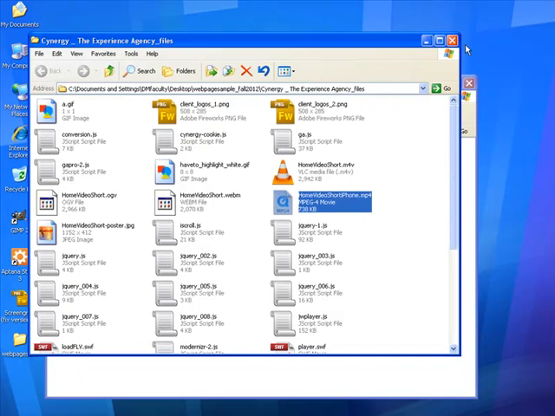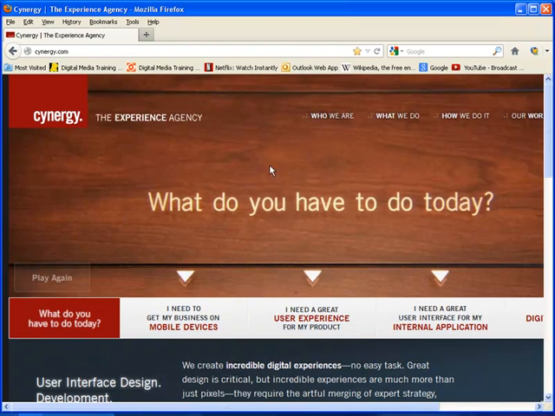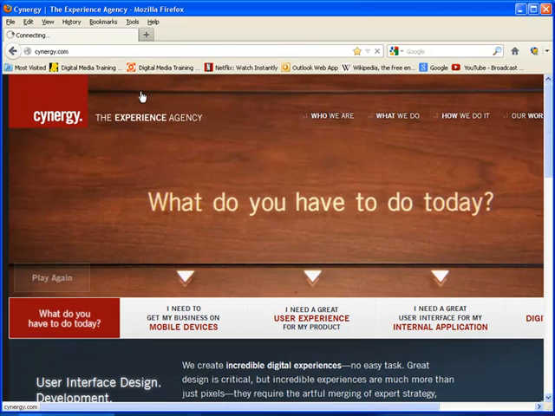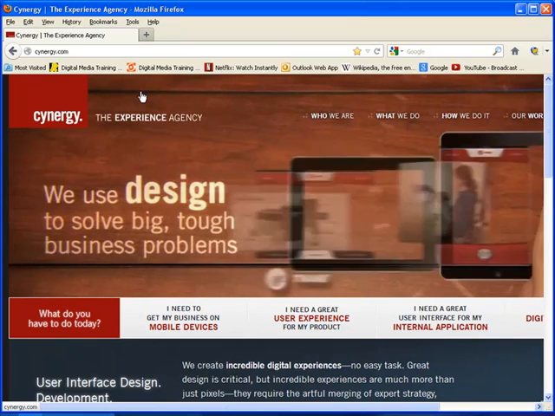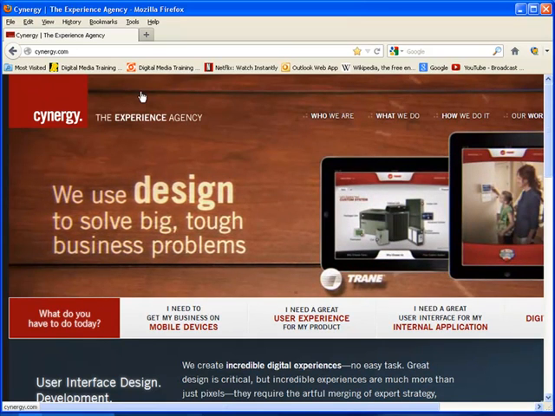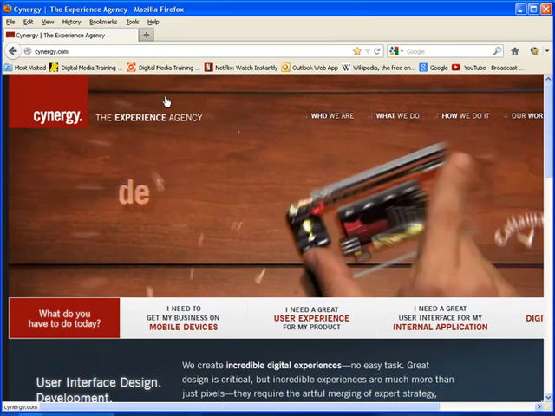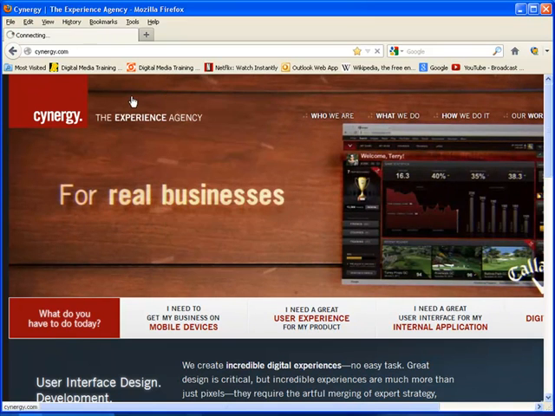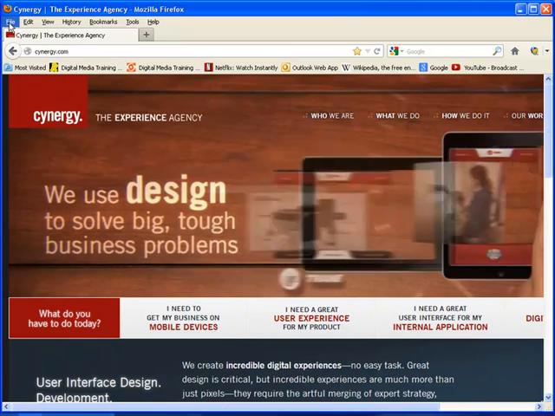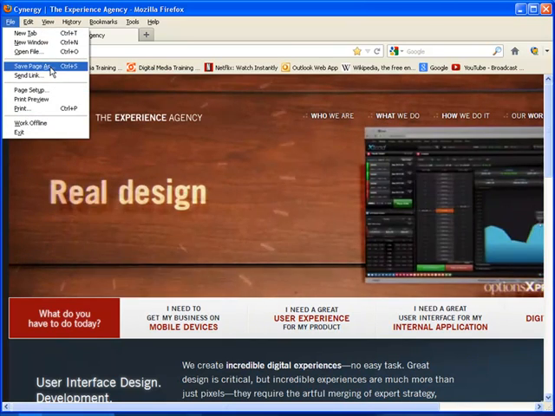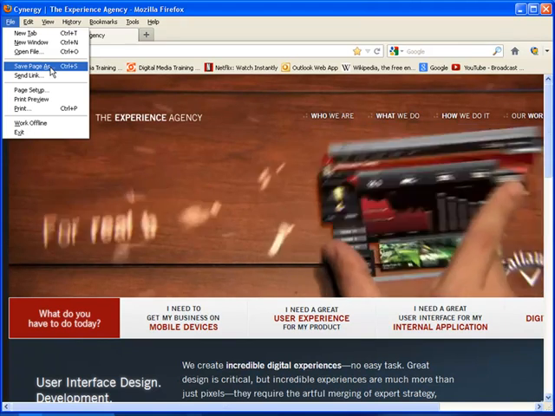So again, a couple things I want you to practice. Again, download that screen grab program. Once you download it and put it in Firefox, it'll be on your right click. If you don't have a right click on your Mac, you can always hold the Control key down and click on the mouse, and it'll give you a right click on a Mac. But on Windows, you just right click, and you can save the screen grab. Another way that I want you to save websites is to go under File, Save Page As, and it'll save a whole archive of that. So practice